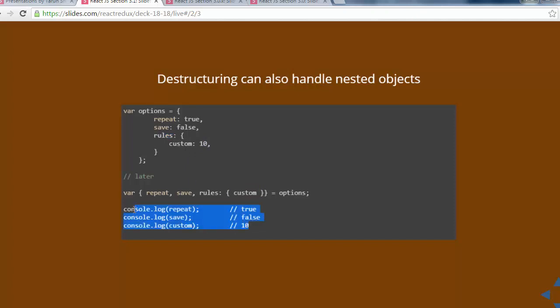So this object destructuring or object assignment is making a lot of things easier. Otherwise, what we would do: var repeat equal to option dot repeat, var save equal to option dot save, var x equal to option dot rules dot custom. Okay, earlier we were fetching from the JSON object using the dot operator, but right now using destructuring